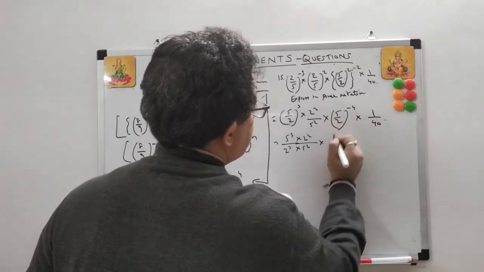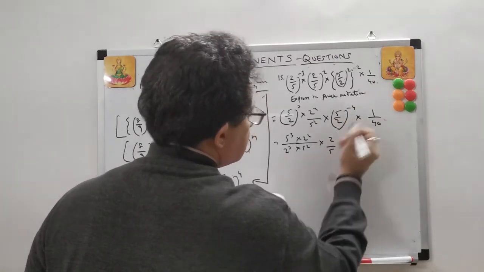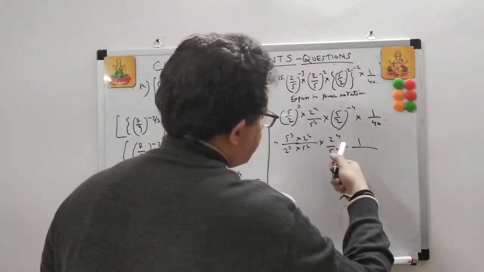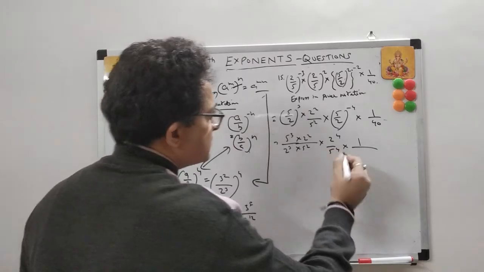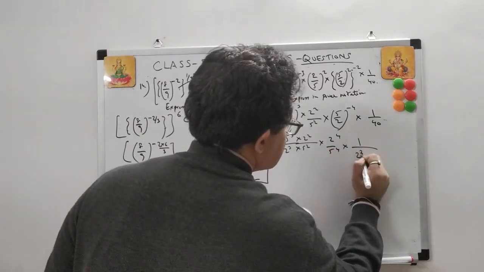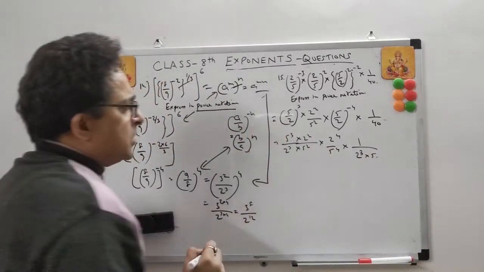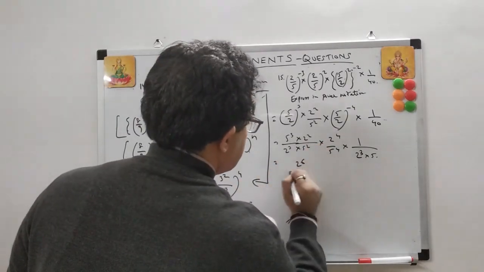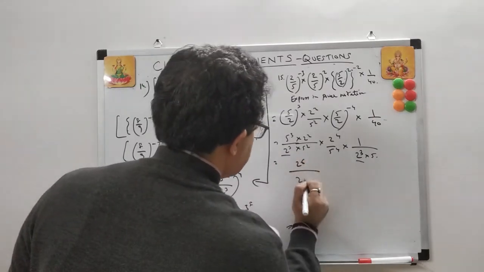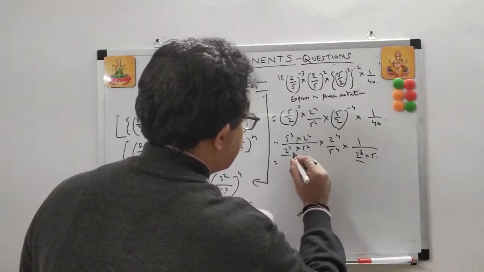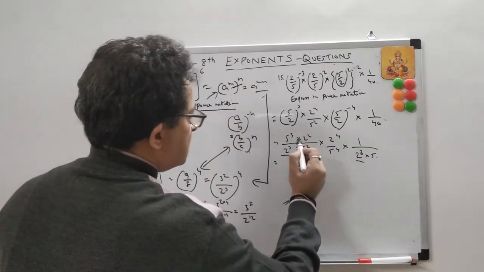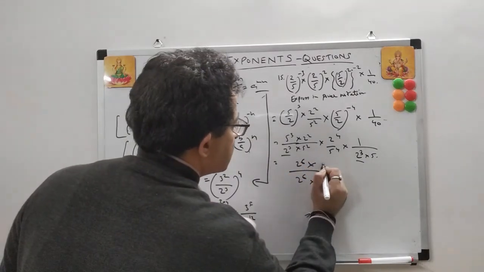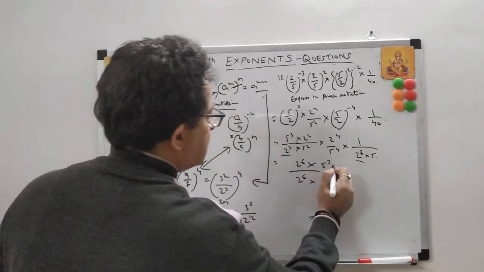This can be written as 2 by 5 to the power of 4, right? And again, see 40, we have to break it into 2s and 5s, so you can write this as 2 cube is 8 into 5. Now let's simplify and see what happens here. This is 2 to the power 6, right? Here this is 2, and 2 to the power 6 here again. You can add these same bases, and this is 5 to the power of 3. You write it the same way, into 1.